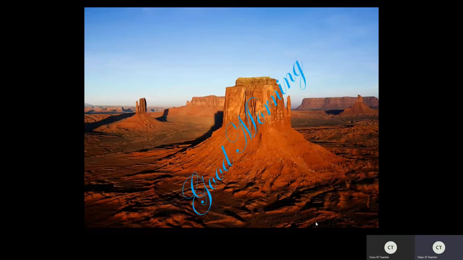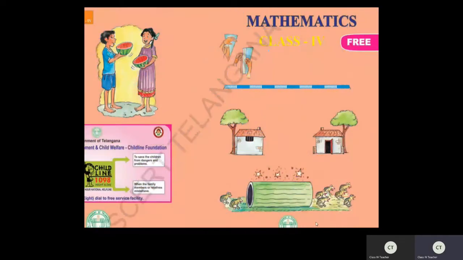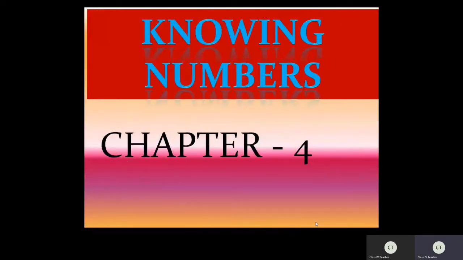Okay. So, we have completed 3 chapters of class 4 mathematics. Now we have started our class 4 mathematics chapter number 4. So, what is chapter number 4, children? We have started chapter number 4 also. In that, we have completed a few topics. We have learned natural numbers, whole numbers, greater than, lesser than, place value, digits, numerals, number names. So these all things we have learned and we have gone through the examples of these things.